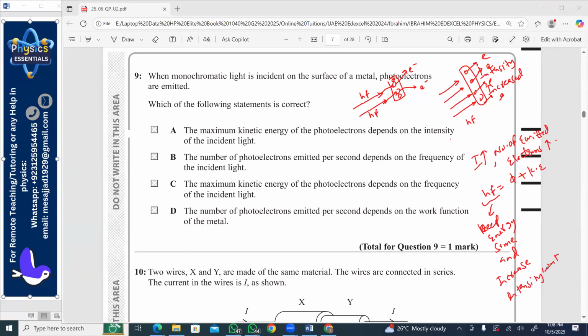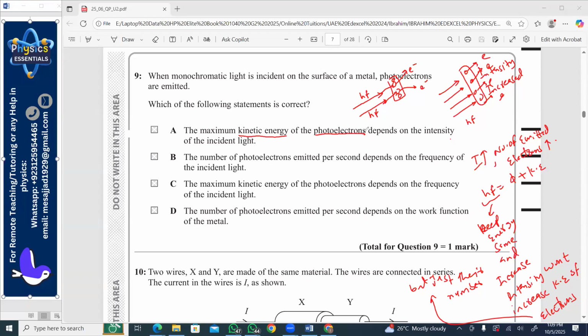It won't provide additional energy to the electron. So what it will increase is just their number. Okay. So if you want to increase the kinetic energy of the electron, you have to increase the energy of the